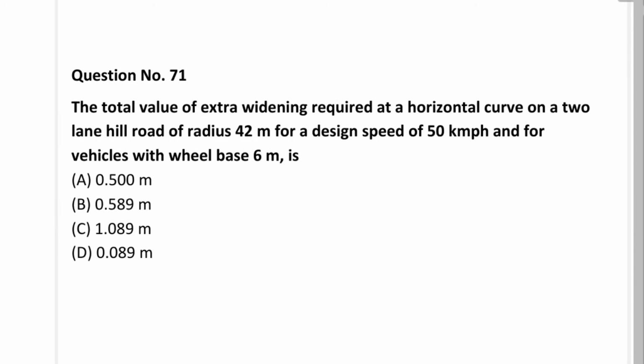So next question: the total value of extra widening required at the horizontal curve on a 2-lane road of radius 42 meter, for the design speed of 50 km per hour and for a vehicle with wheelbase 6 meter, is: option A, 0.500 meter; option B, 0.589 meter; option C, 1.089 meter; option D, 0.089 meter. So the correct answer is C, option